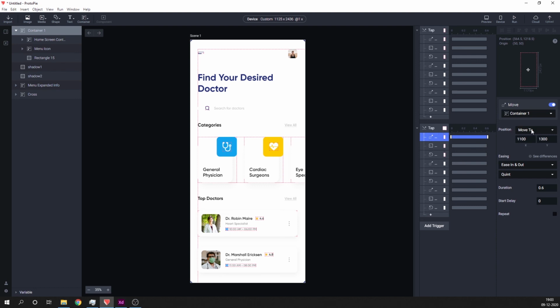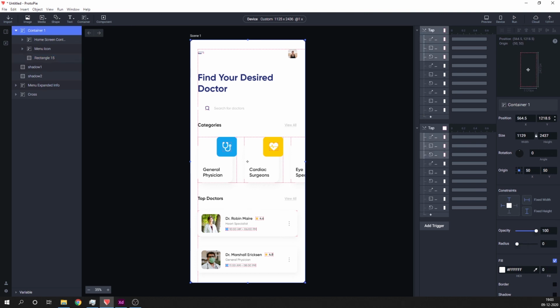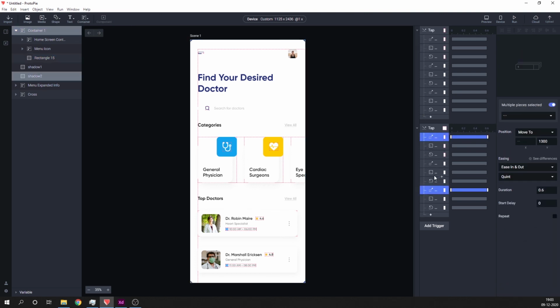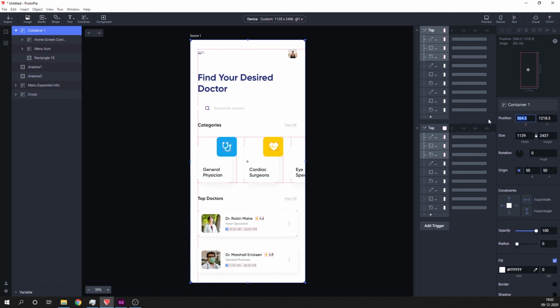And we'll be moving back to the original positions, which is for this rectangle 1218.5. Let's keep all the Y values same first, and the X was